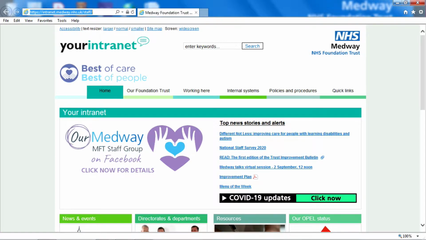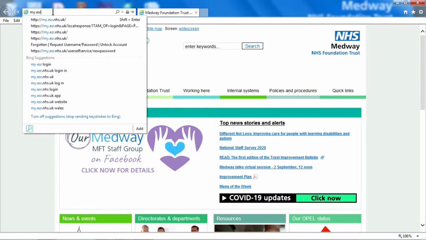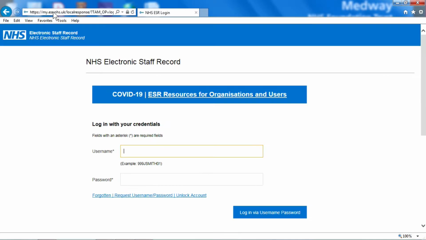In the address bar, you need to type my.esr.nhs.uk and this will take you to the login screen. To retrieve your account details, you need to go to Forgotten Request Username Password Unlock Account,